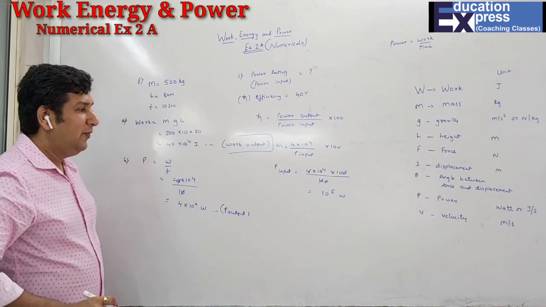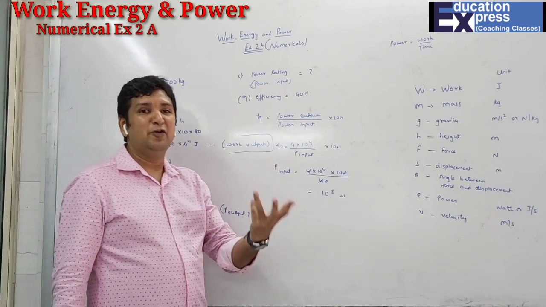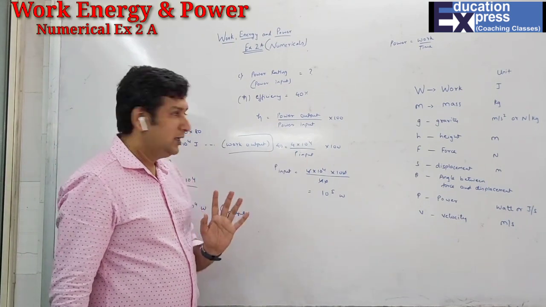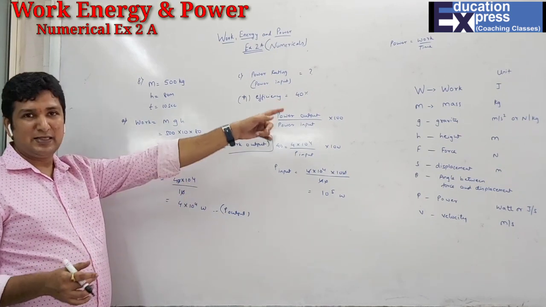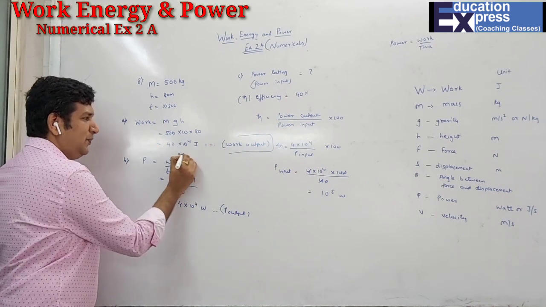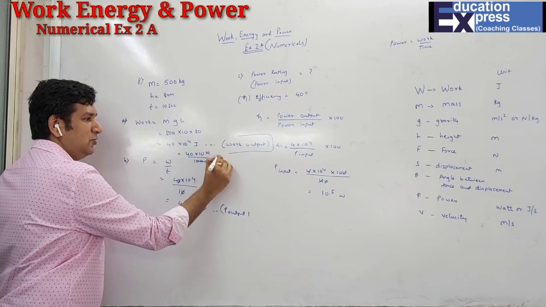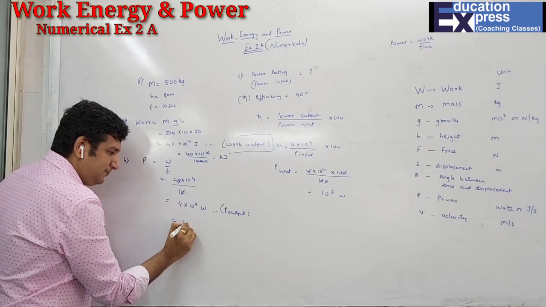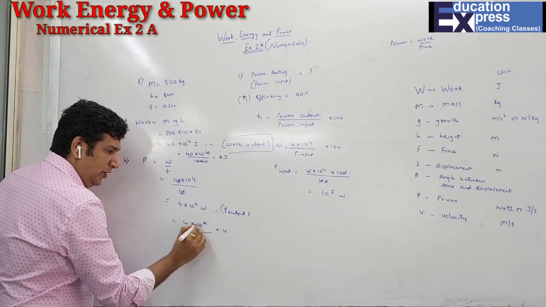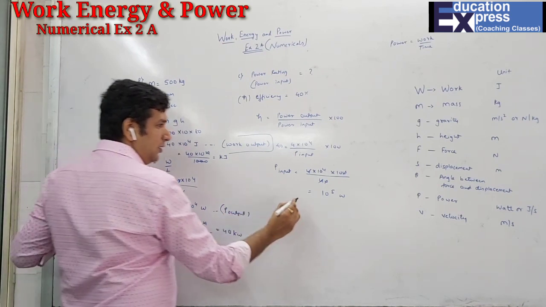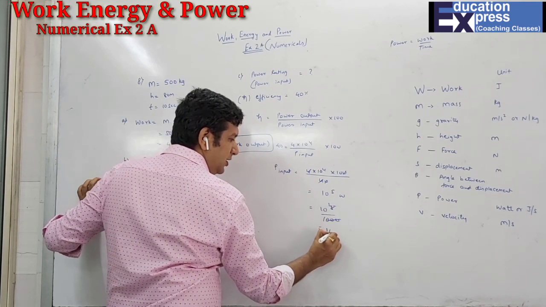Students, remember one more thing. Whenever you have such big quantities, you can definitely reduce them by using higher units. That means instead of watt, you can use kilowatt. Instead of joule, you can use kilojoule. This is possible only for the final answer. While solving the sum, it compulsorily has to be an SI unit only. So after you get the final answer, you can simply convert this into kilojoule by dividing it by 1000. Hence, you get 400 kilojoule. Same thing here, divide by 1000. You will get 4 into 10, 40 kilowatt. And here, 10 raised to 5 divided by 1000, 3 zeros gone. So 100 kilowatt is the answer.